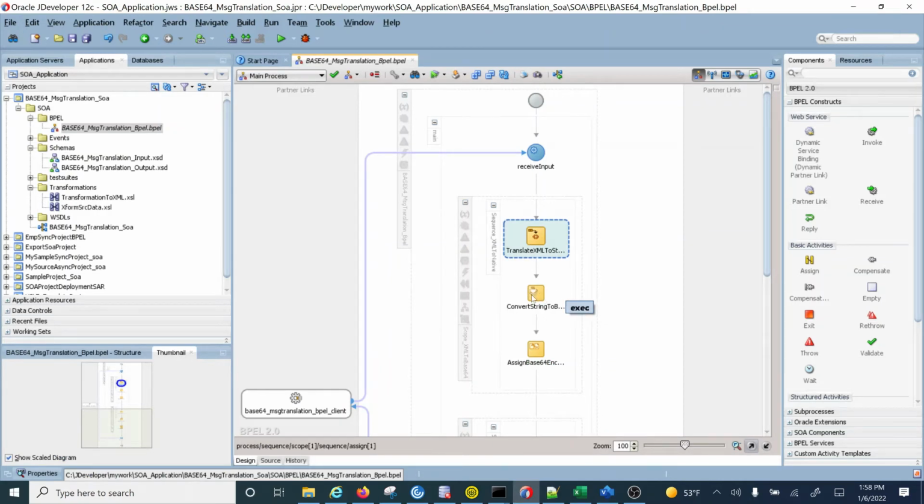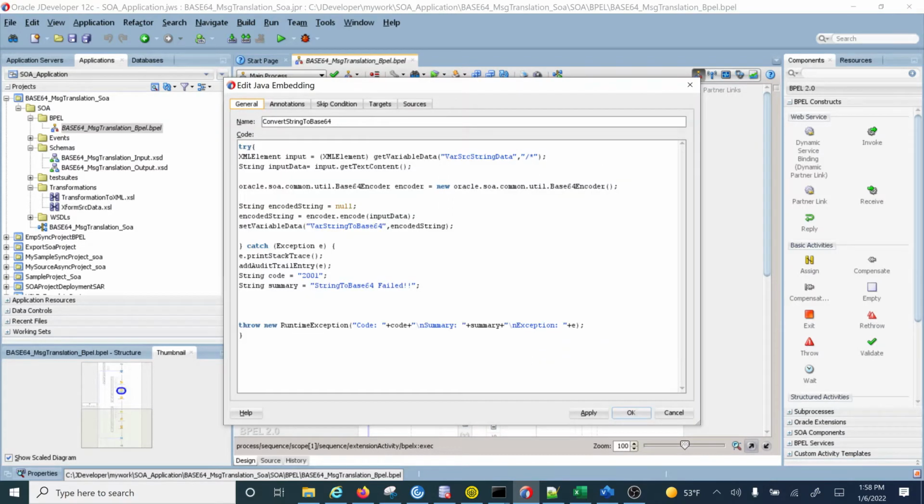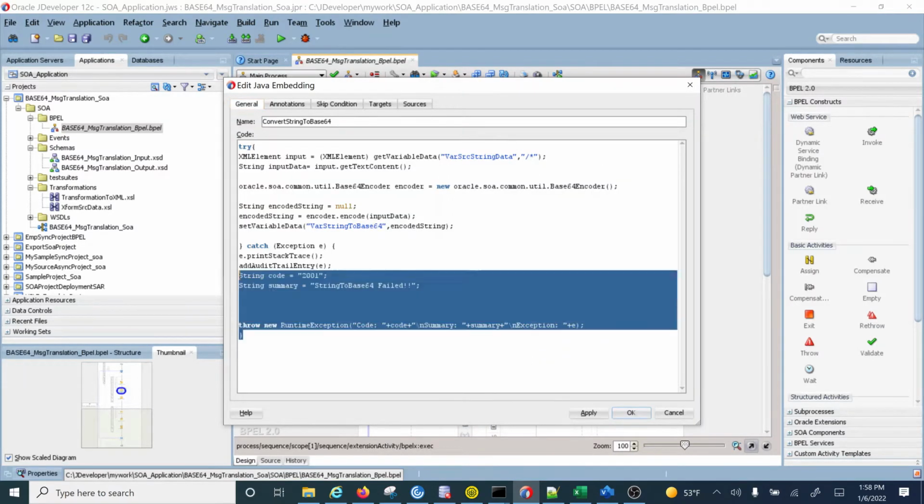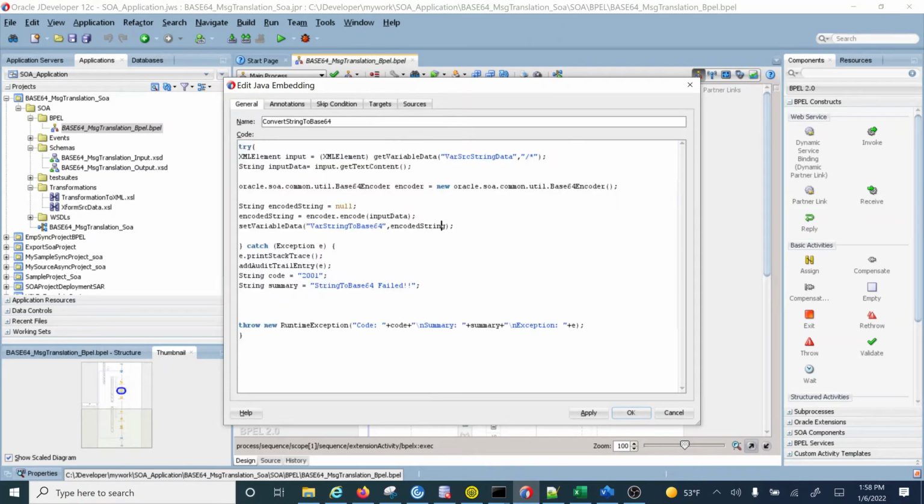Because you need to convert the string format to the base64 format, you need to use the Java callout activity here. Use this and you need to write this code in this activity. You need to select the source string data, which is where you have converted the XML format into the string format.